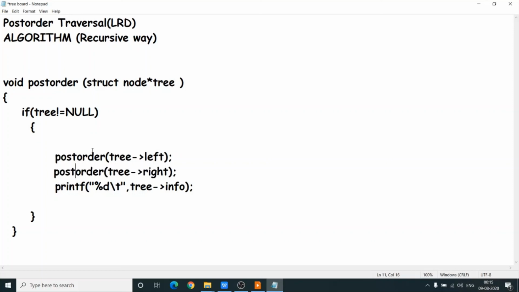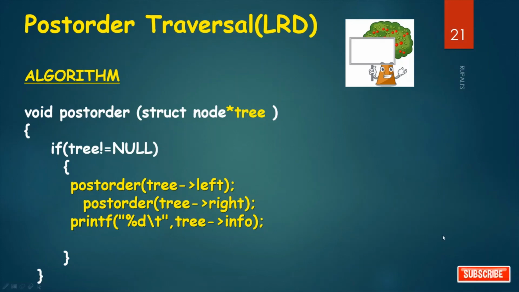Recursively, first call the function postorder by the address of the left child, call the function postorder by the address of the right child, and then printf tree arrow info. So this is the code written here.